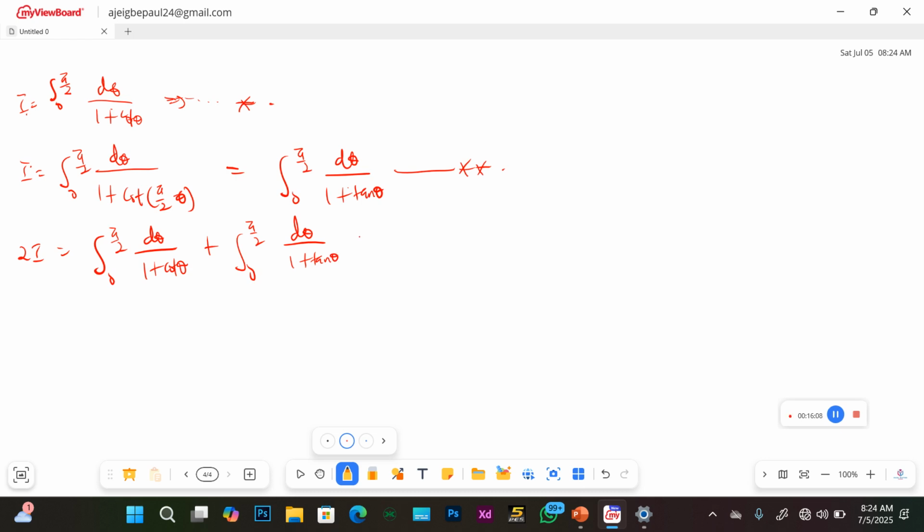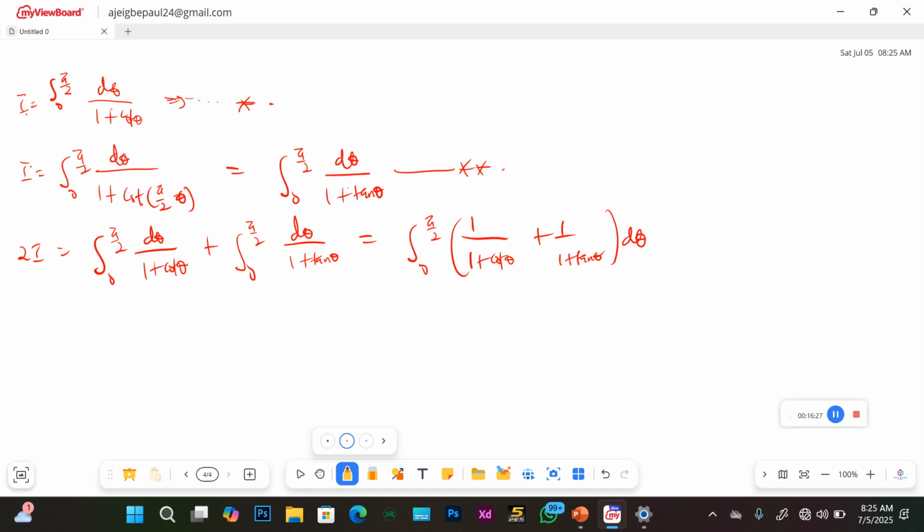Then this can be written as the integral from 0 to pi over 2, you can put that in brackets, of 1 over 1 plus cot theta, plus 1 over 1 plus tan theta,